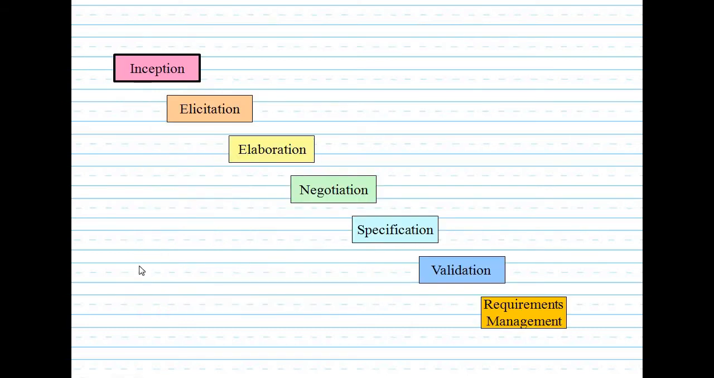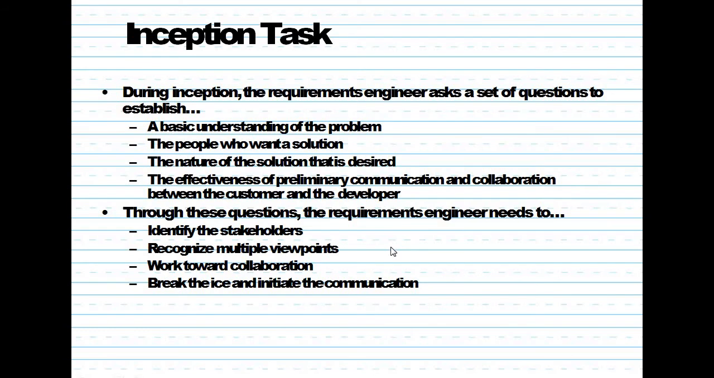Now, these are the seven steps: inception, elicitation, elaboration, negotiation, specification, validation, and requirement management. Now, one by one, we will read about these seven steps. First is the inception. In the inception task, the requirement engineer asks a set of questions to establish